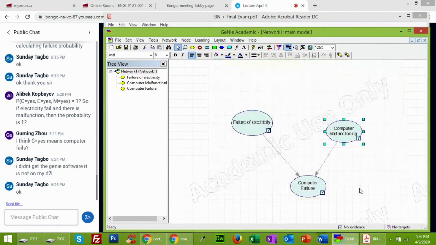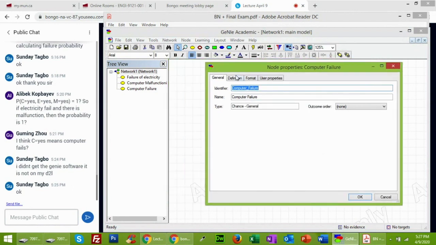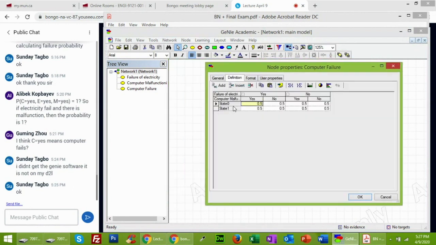And then you hit OK. Now I have assigned the conditional probability tables for failure of electricity and for the computer malfunctioning. Now the next step is I need to assign the probabilities for my next variable, which is the computer failure.